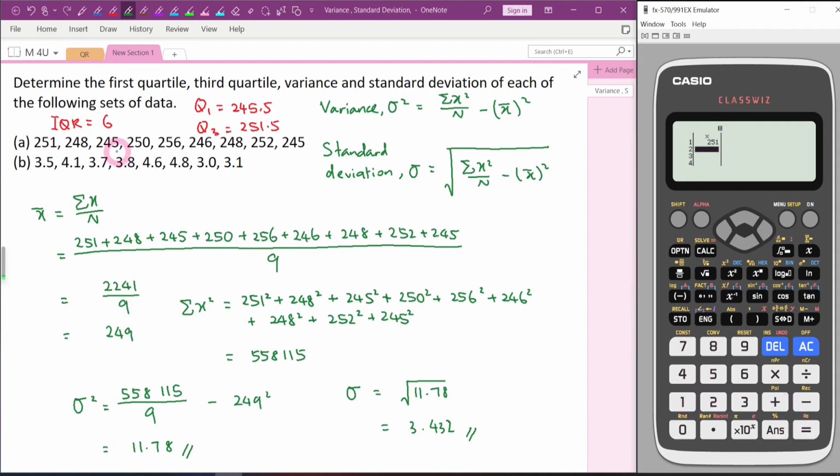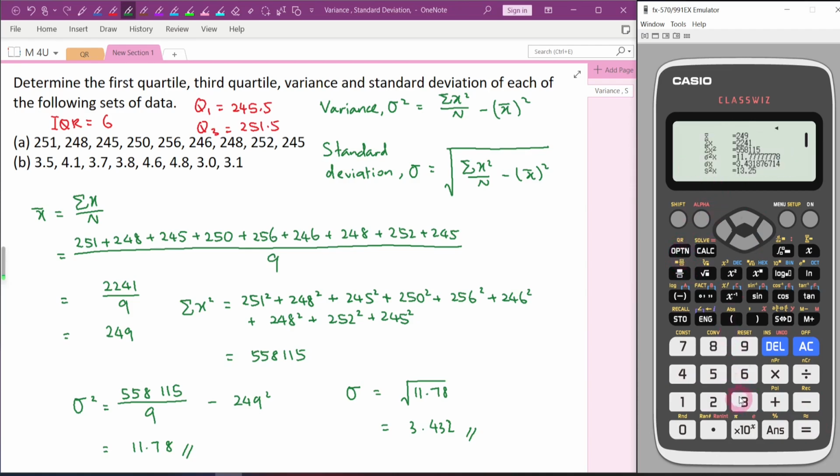You don't have to rearrange it. Just key in what you see here into your calculator. 248, 245, 250, 256, 246, 248. Make sure we key in all the data correctly. 245. Okay, we have 9 data. Then press option,